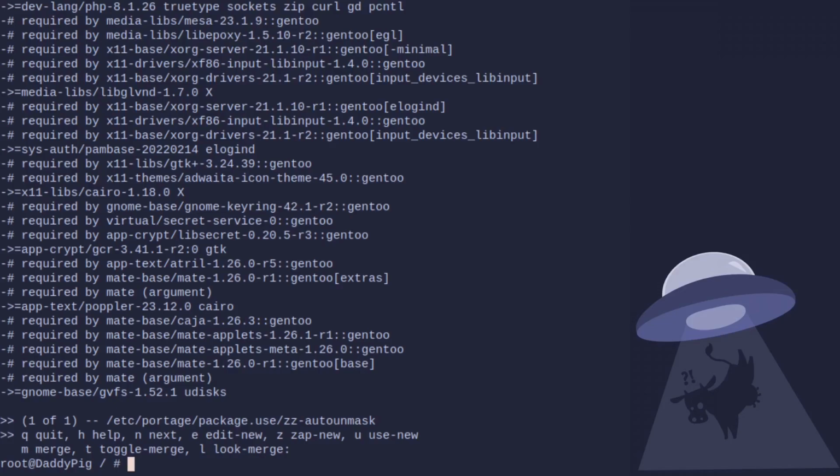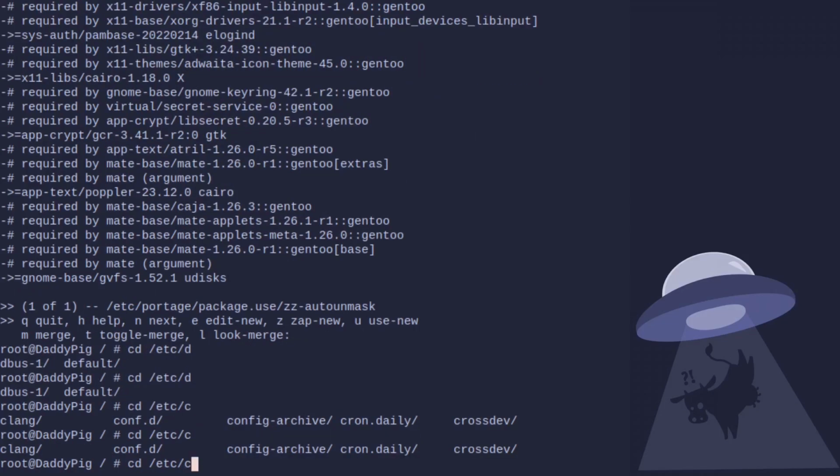But what makes dispatch-conf better than etc-update is the fact that it keeps a backup of the old config. So one thing you might have come across if you're an etc-update user is that you might have overwritten your sudo config. What you can do is go cd /etc/config-archive,